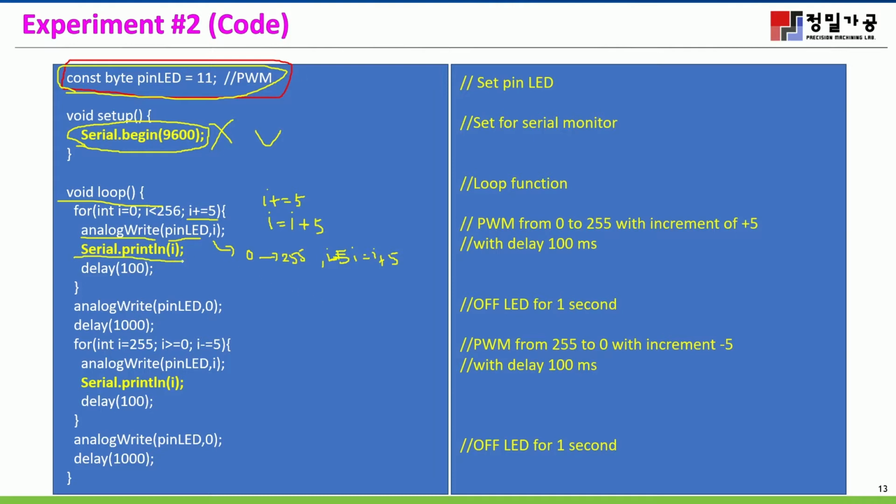And we check the value of I by Serial.println, to display in the serial monitor the value of I, and delay. And then we put the value